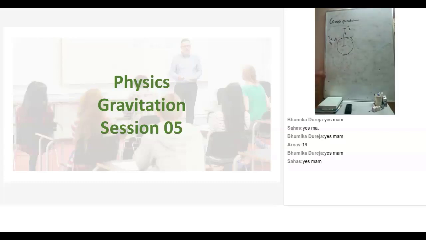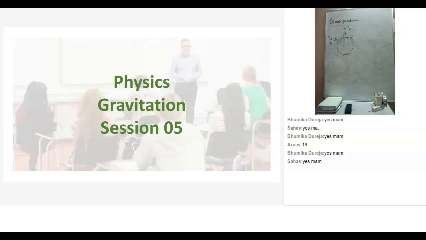So, a simple pendulum is taken to a height equal to the radius of the Earth. And at this height, the value of time period is T2. But when the same simple pendulum is on Earth, its time period is T1. So what is the ratio of T2 and T1?